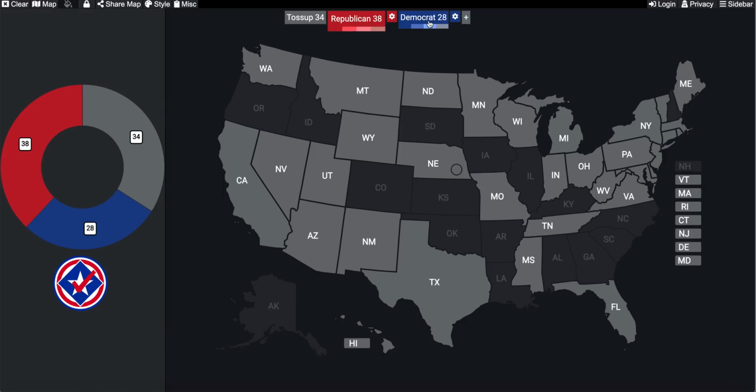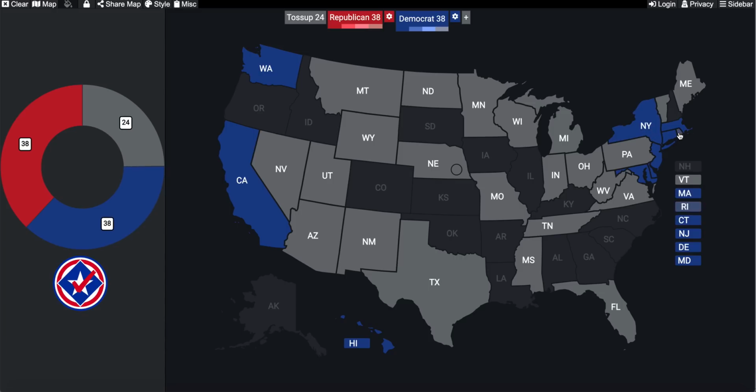So for the most part, this is very standard, very similar to typical American political geography, or, I guess, election numbers. You can see that states such as Washington, California, Hawaii are typically considered to be these safe states. If you're new to the channel, safe states essentially mean that these are states where we know one side of the aisle is absolutely going to win them, and there's no real consideration that the other side of the aisle is going to win them. In this case, the Democrats are at 39 safe seats right now.